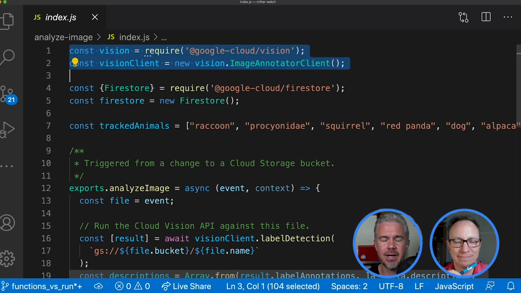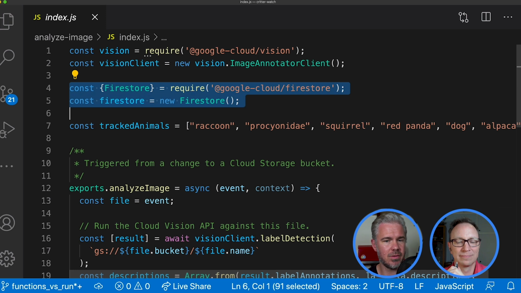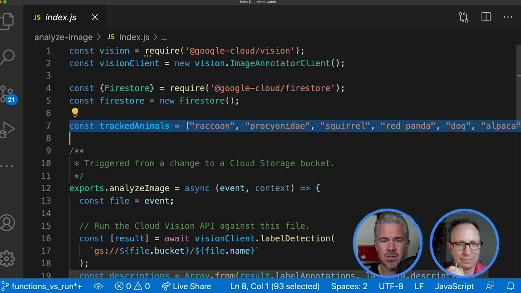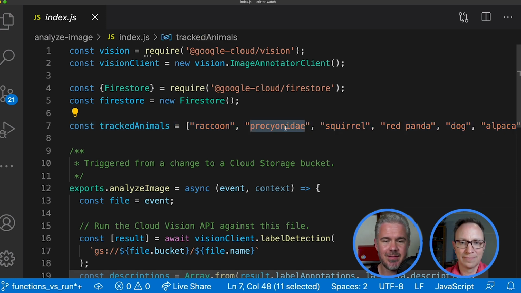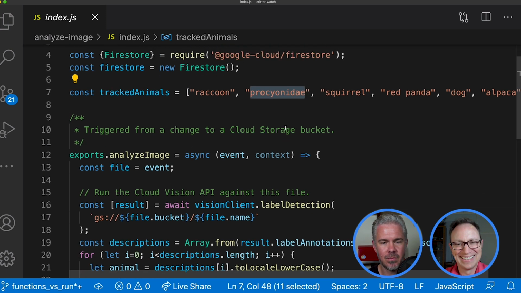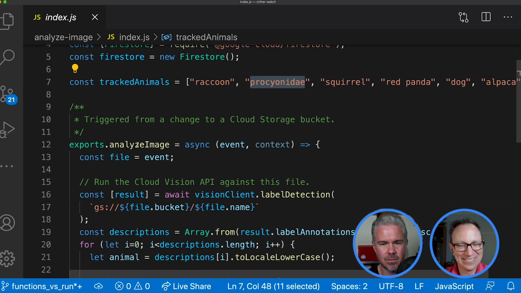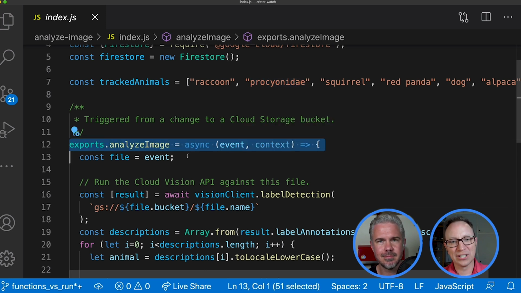Here's calling in the Cloud Vision API, it's just an API trained on machine learning to label what's in the image, a serverless Firestore database, and then we're only tracking certain kinds of animals. So raccoon, which is apparently the scientific name for raccoons, and so on. And then we've got this little event handler. So yeah, this is the code you would write to handle the file storage event